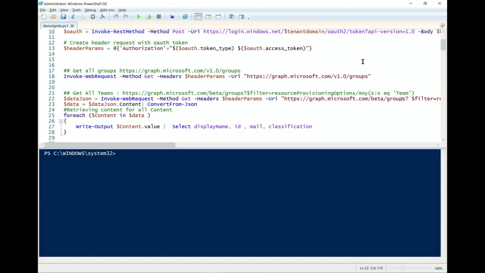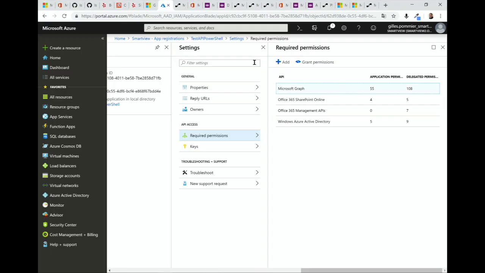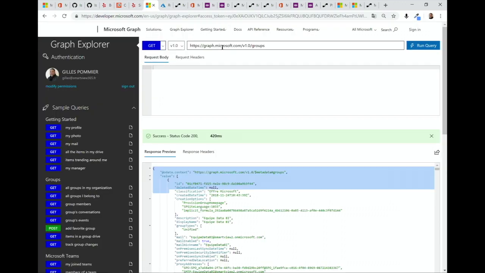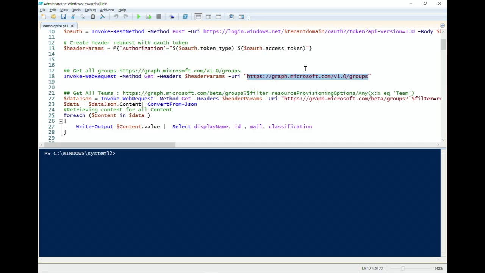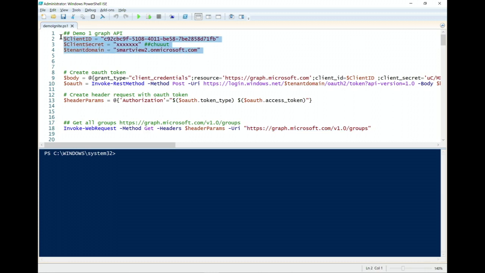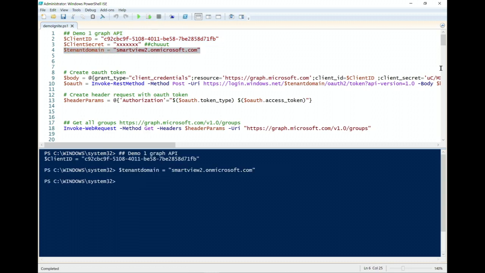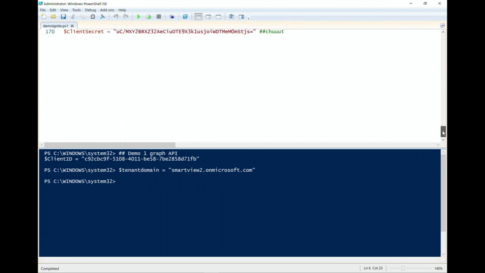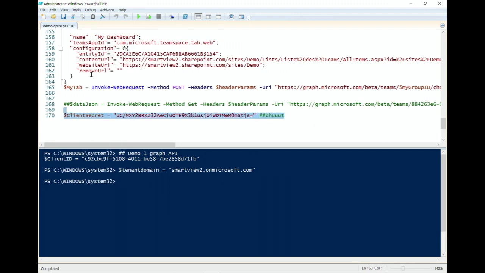So you see, if I want to invoke my query to get my different groups, it is here. So this is the same query that I have in my Graph Explorer here. So if I want to use it in my script, I just run this. The client secret, I think, is at the end.